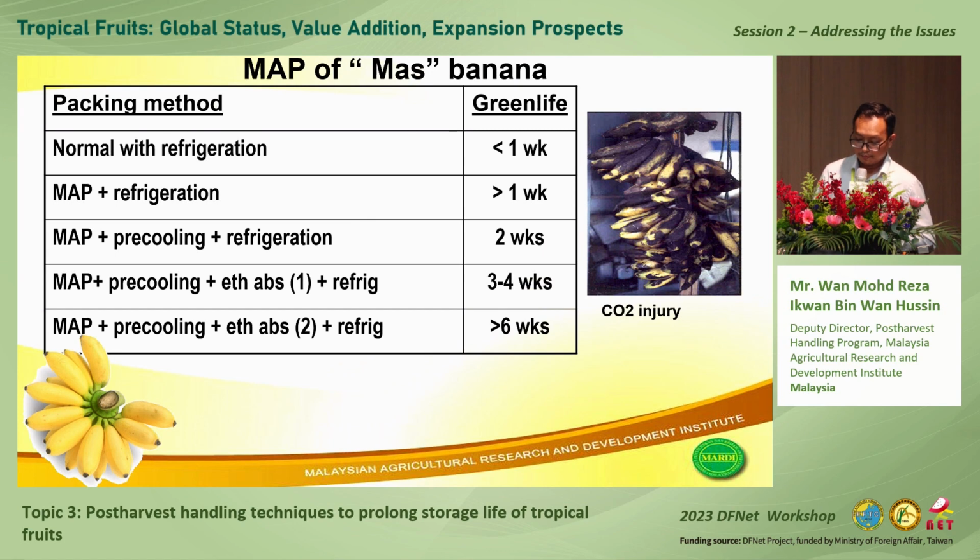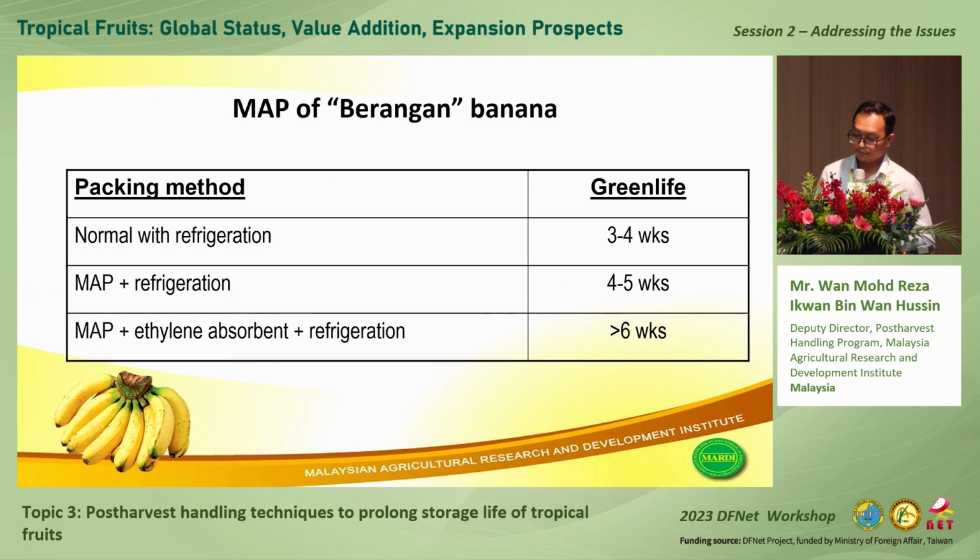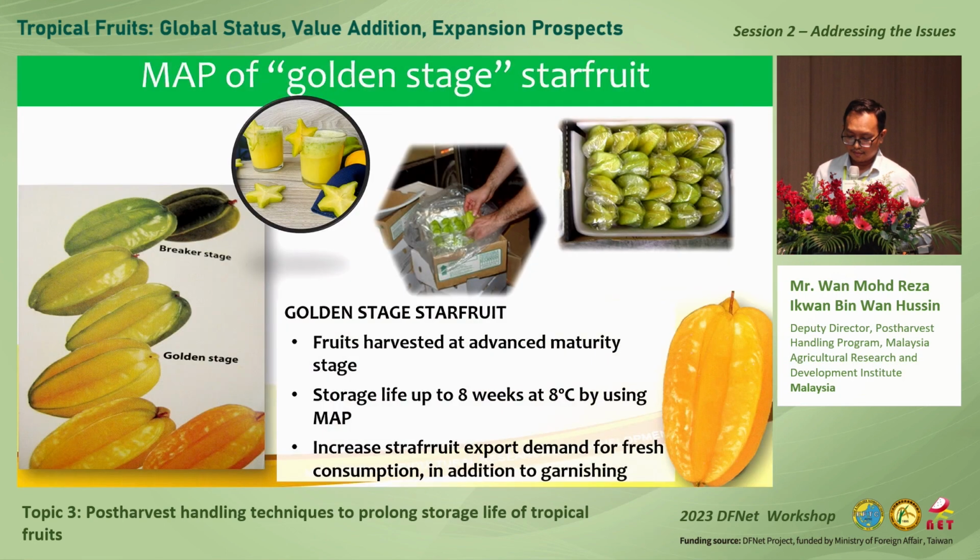And for banana varieties like Musk banana, they are very susceptible to CO2 injury. So we need to incorporate all these steps, including pre-cooling and ethylene absorber, to get more than 6 weeks storage. But for other varieties like Berangan, it is a much simpler protocol. You don't need pre-cooling because they're not very susceptible to CO2 injury. Okay,